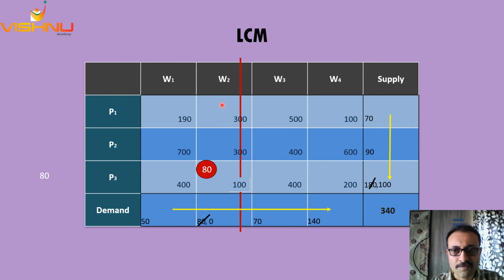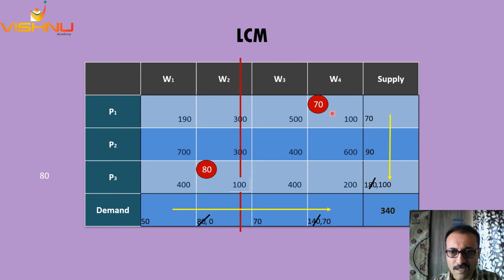Let's move on. Now out of the remaining 9 cells, again repeat the same exercise, identify that particular cell which has the least cost, which we have already done, which is cell P1W4, which has a cost of 100. So this is the cell for the next allotment. And how many units? We have discussed that also. A maximum of 70 units is possible, right? So the same approach, the same steps to be repeated.